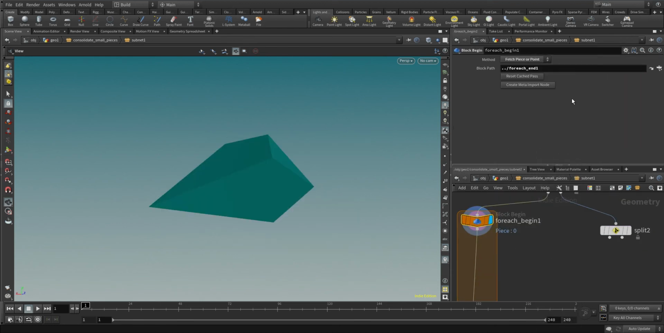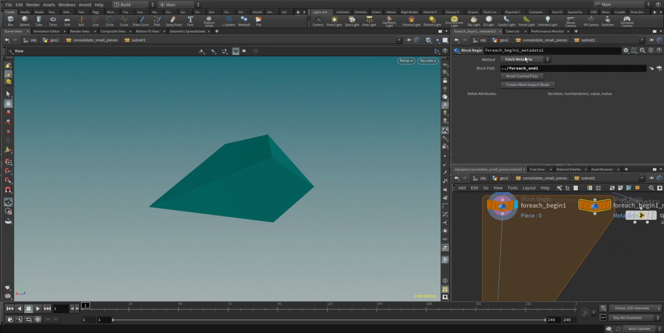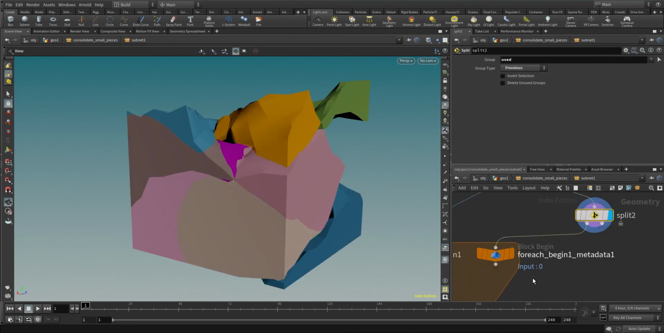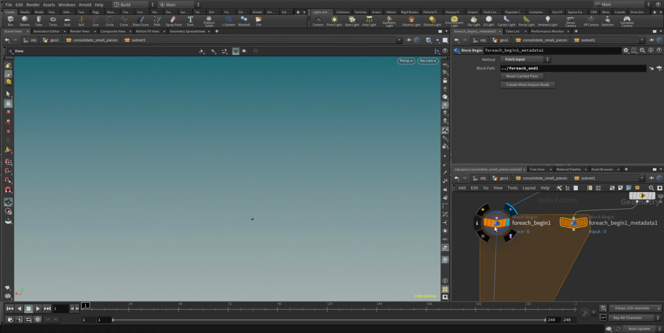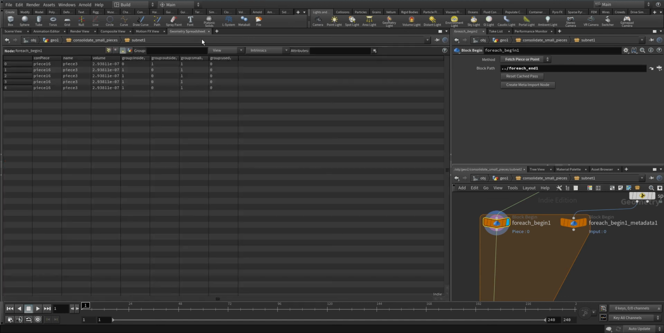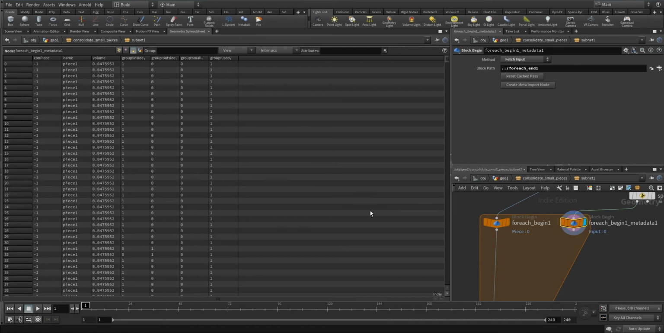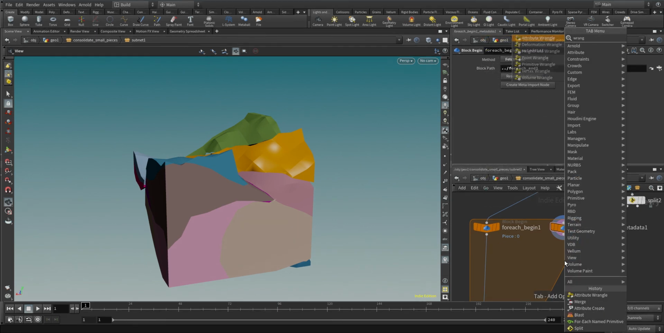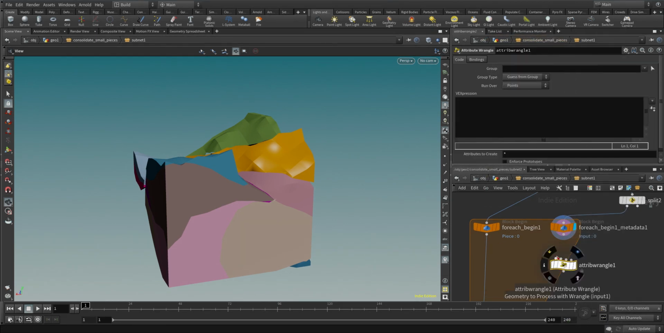Let's create another input, so click create meta import node and change the method from fetch metadata to fetch input. Drag it over a little bit, put this into this. Now we have those two geostreams. And basically on this input we have our connected piece information, and we now need to isolate this piece from this geostream. To do that we create a mirror, put the first input here and the second input there,